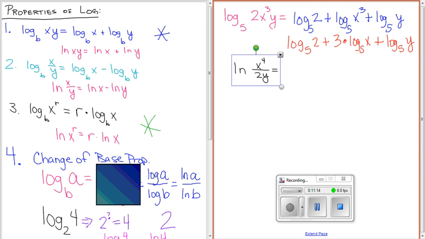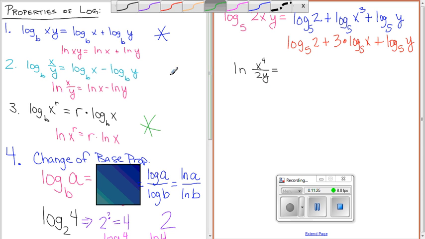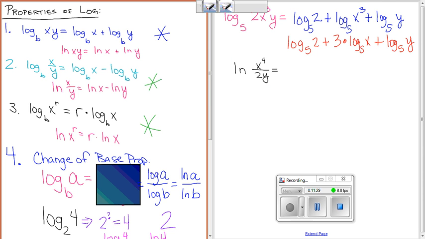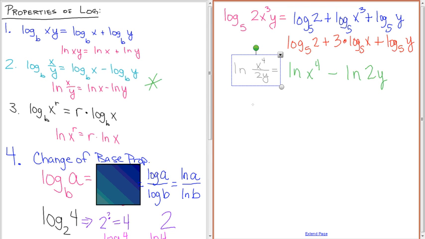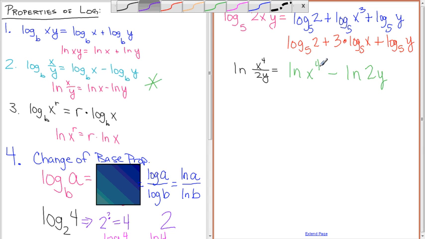In our second example, we have natural log of x to the fourth over 2y. So first, using the second property, we can take this division sign and turn it into subtraction. So we would have ln of x to the fourth minus ln of 2y. Then the second thing we can do is take ln of x to the fourth, and the 4 can get pushed to the front to get 4 ln of x